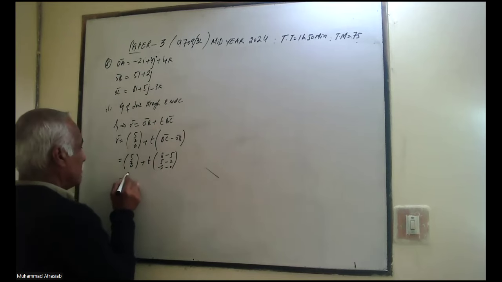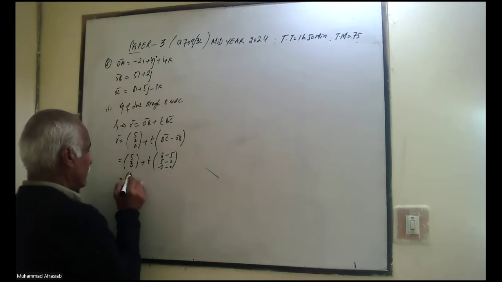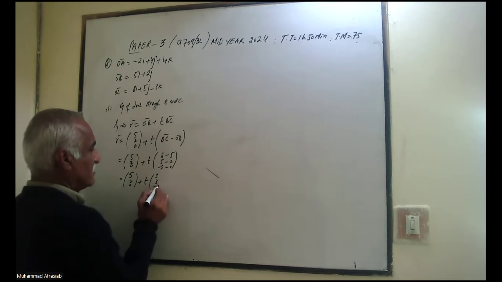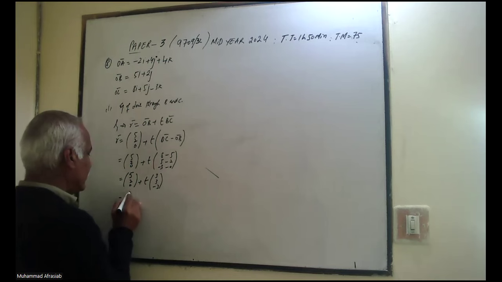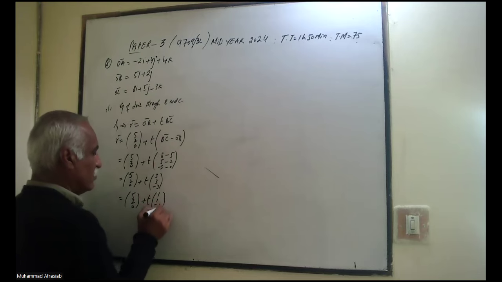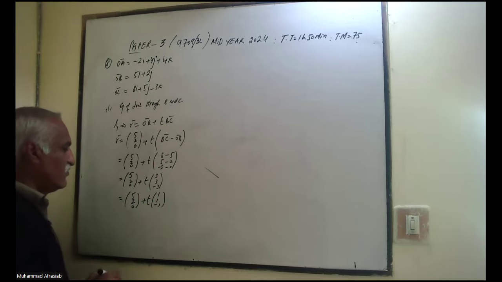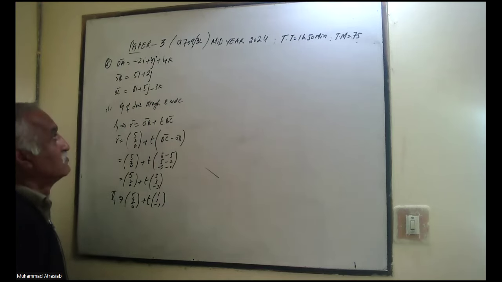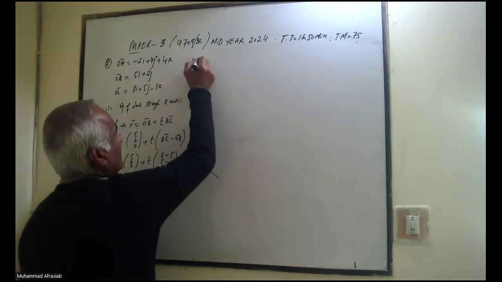So this will become (5, 2, 0) plus t times (8 minus 5 is 3, 5 minus 2 is 3, and this is minus 3). Or you can even write this as (5, 2, 0) plus t times, because 3 is common, (1, 1, minus 1). That is line L1, which is represented by this equation here. The second part of this is